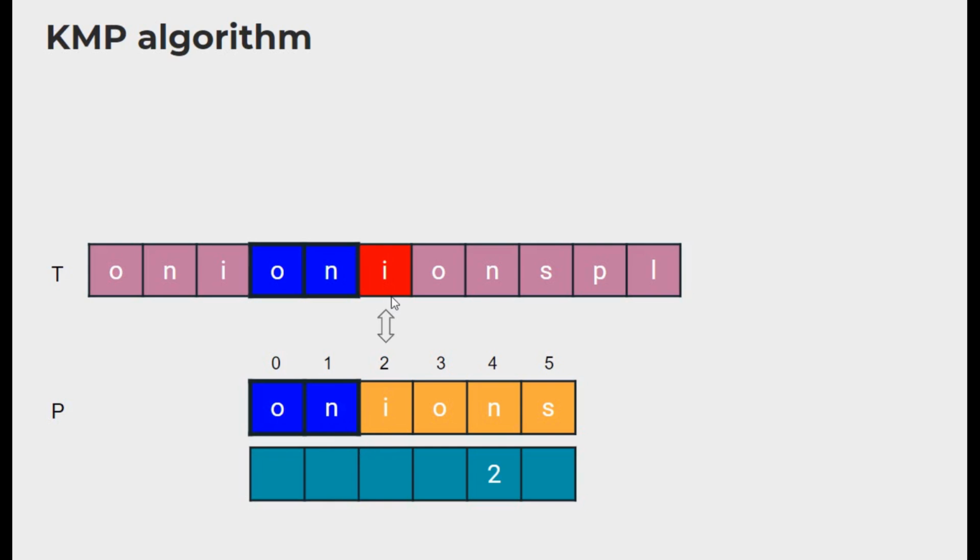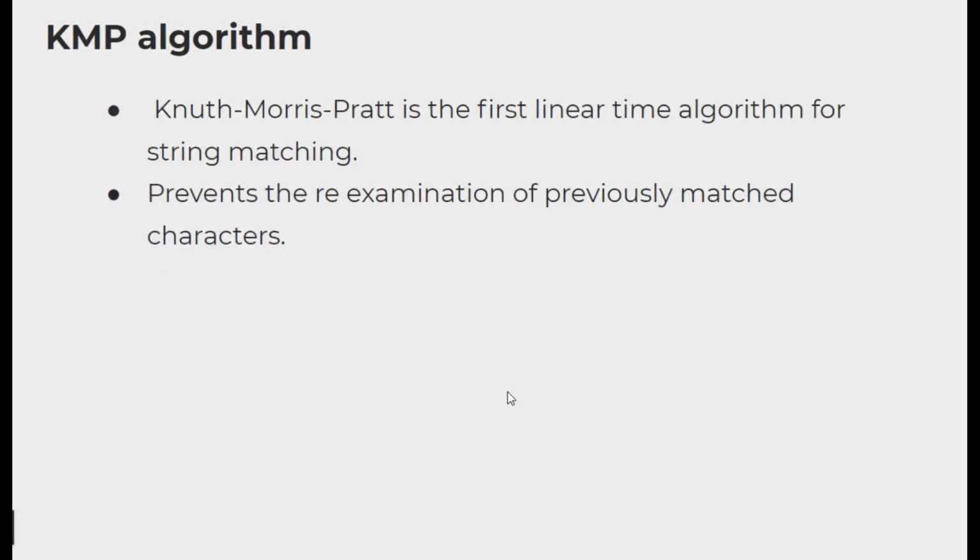So this is the logic behind the KMP algorithm. You are just pre-calculating a table which tells you for each index what is the longest prefix that is also a suffix until that point. So when you are searching through the string, whenever a mismatch occurs, you can look up that table and determine from where you should start comparing in the pattern without even moving the text pointer. This algorithm was developed by Knuth, Morris and Pratt independently, and it is the first ever linear time algorithm for string matching. Unlike brute force, it totally avoids the re-examination of previously matched characters.